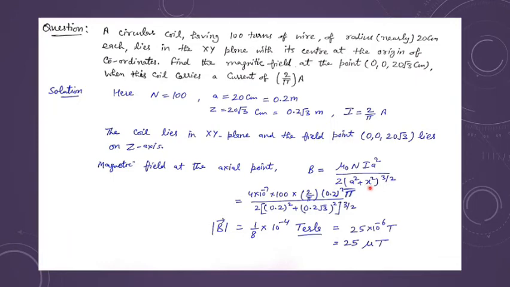In place of x, you will be writing z, of course, and then you put the values. So the question is, once you have understood the concept and you are able to recall the formula, then you have to simply put the values. Mu naught